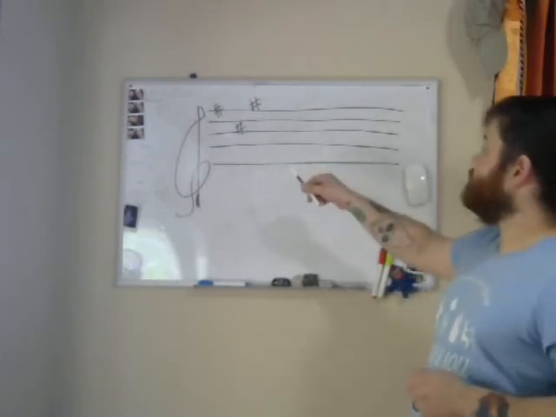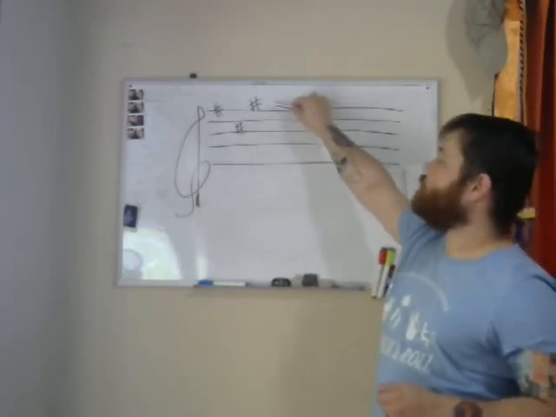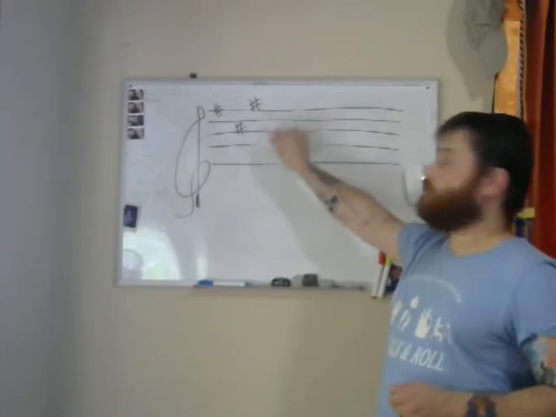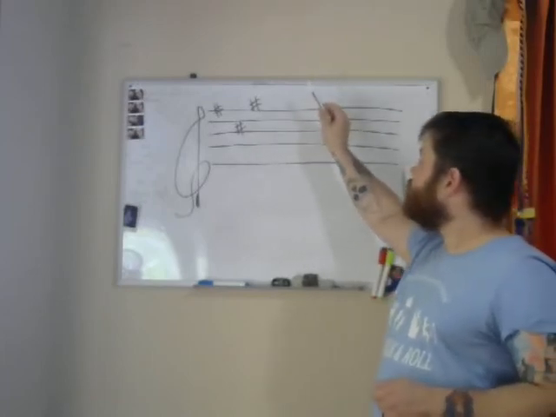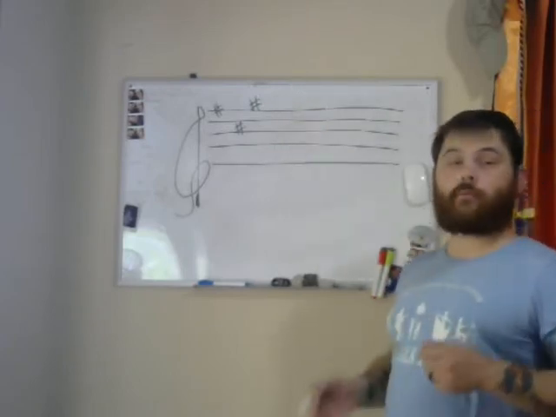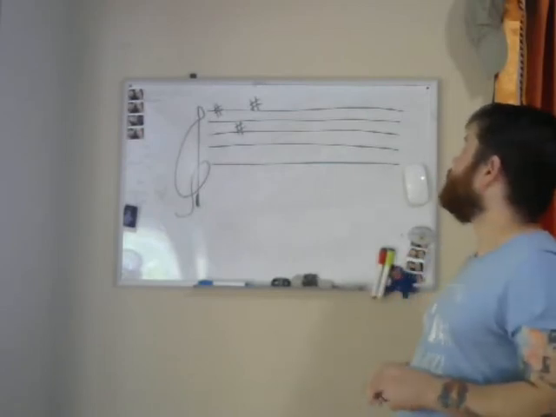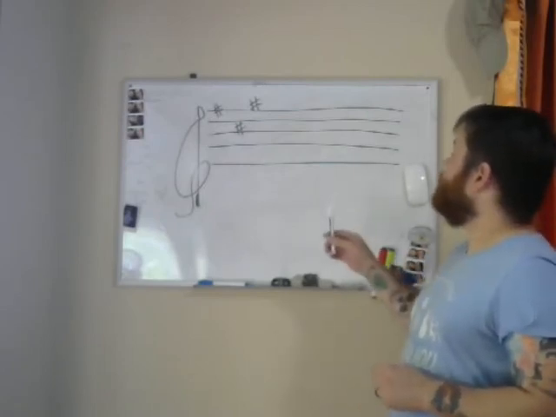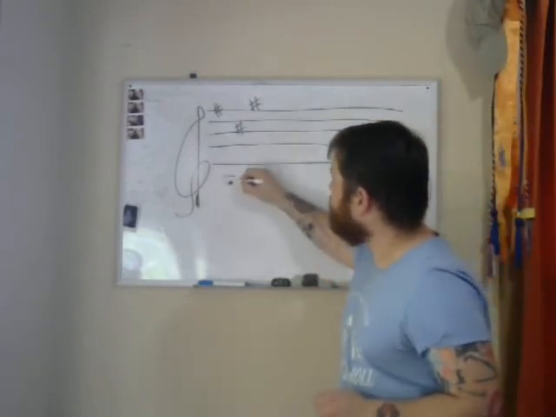So in this case, we can figure out what key we're in by going to the last sharp. For sharp keys, you always go to the last sharp and you go up a half step. So this is G sharp, so that's A. If we remember our piano, G sharp is right next to A. So that means we're in the key of A, which means you're going to use the notes A,